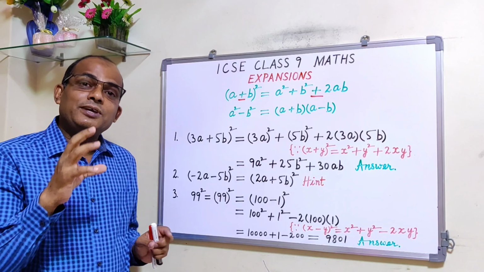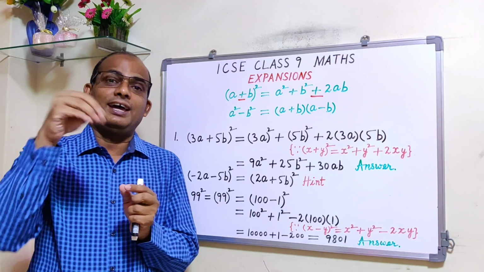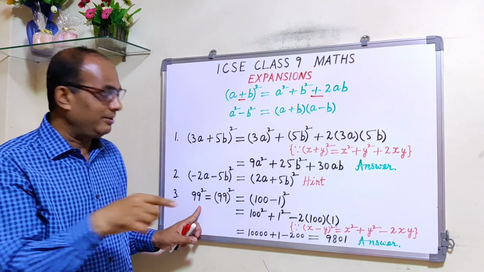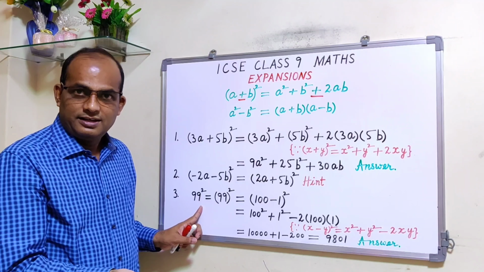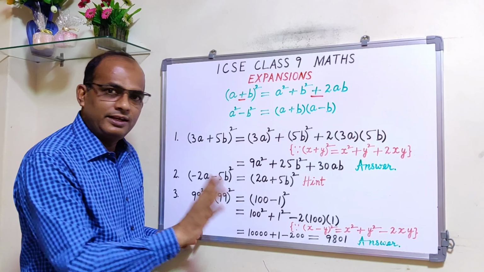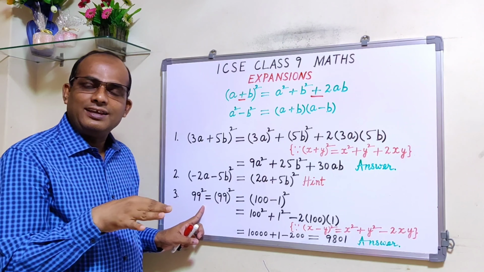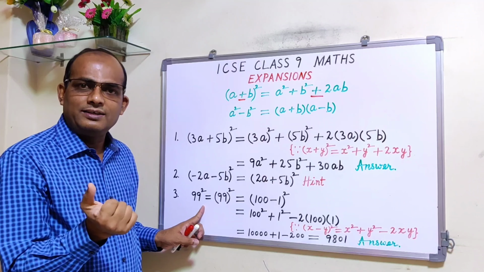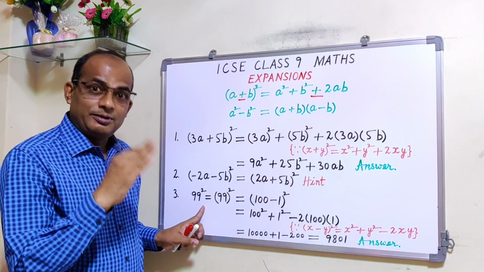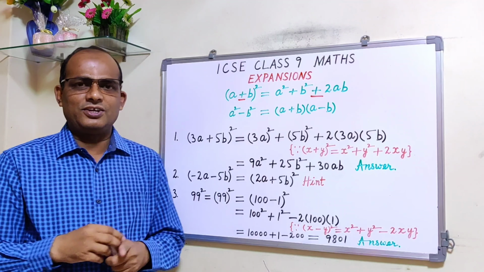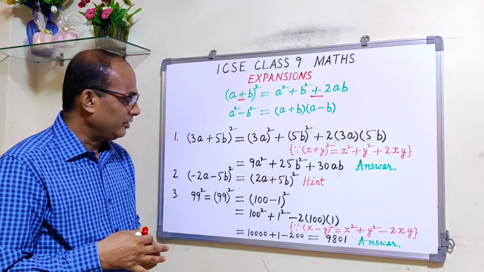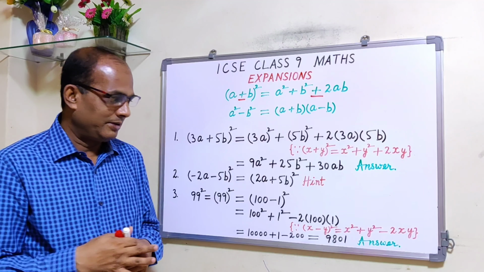Now in some cases, we have seen, even if we are writing that use the identity, find the value of 99 square using identity, the child is not using identity and multiplying 99 multiplied by 99. Alright. So if we are mentioning use the identity and then you are multiplying, then you will lose all marks. If by mistake the paper setter is not writing using identity, in that case if you are multiplying, now if you are using identity, we are very happy. Very good. But if you are multiplying directly, then it's a matter of discussion that they'll decide what to do. You may get full marks, or you may lose half mark or 1 mark.